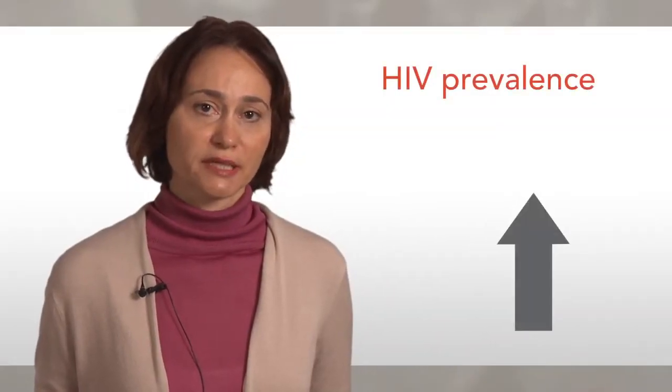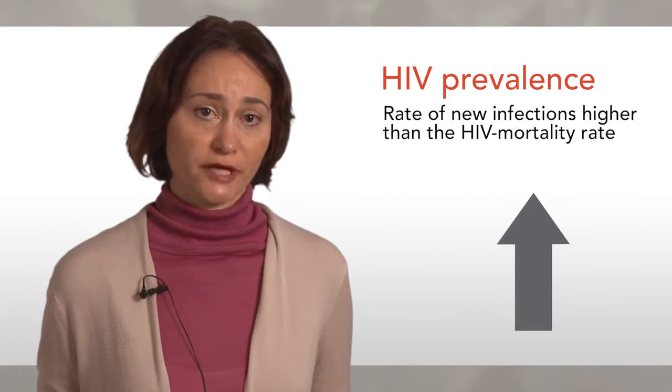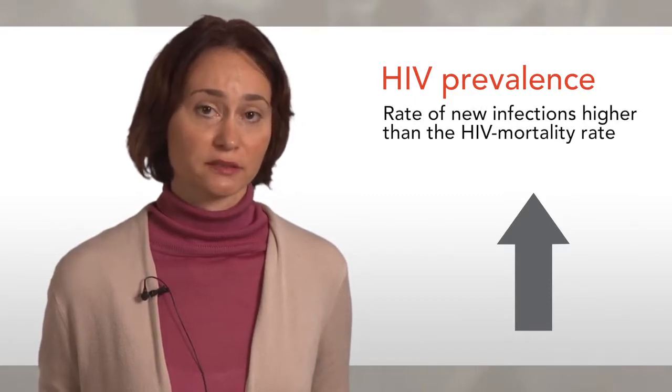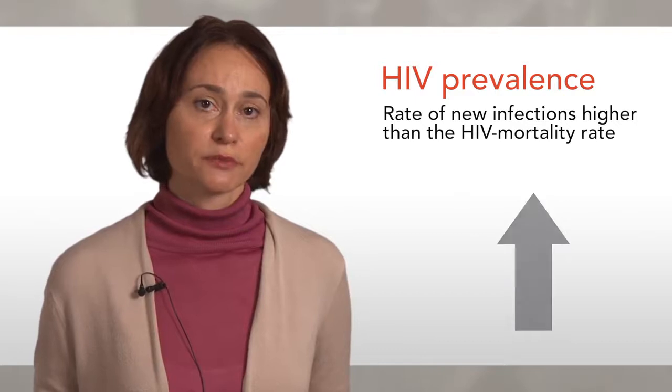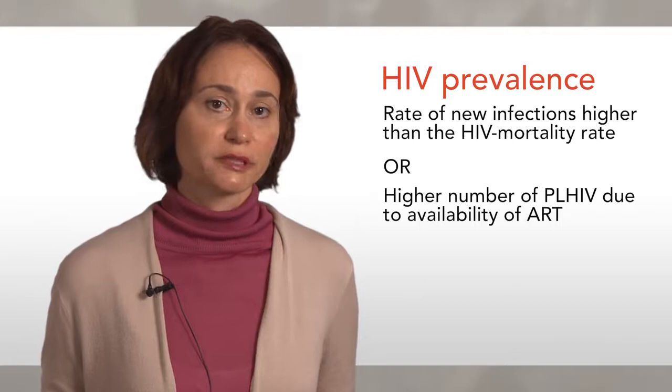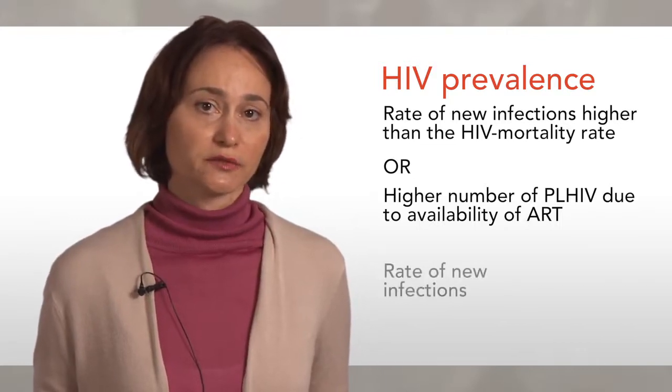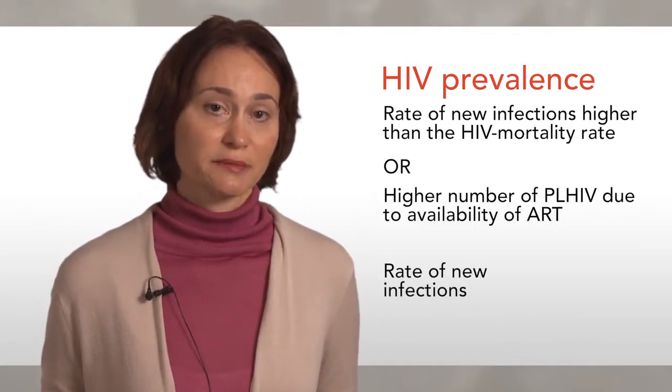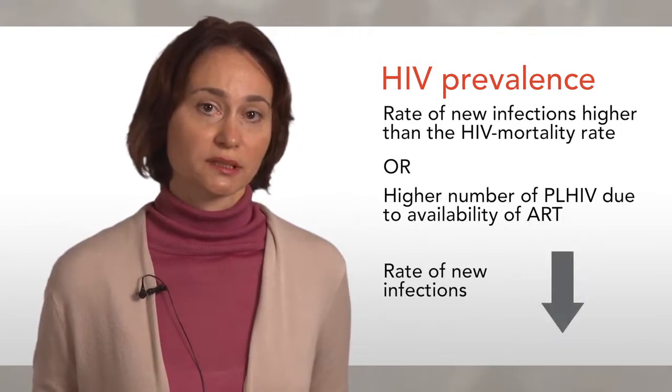However, when prevalence data are carefully analyzed by age, sex and cohort, they can be used to assess trends in underlying incidence, particularly in younger age groups. An increasing HIV prevalence might imply that the rate of new infections is higher than the HIV mortality rate. However, this can also be due to a higher number of people living with HIV due to availability of HIV treatment, while the rate of new infections might at the same time stabilize or be on the decline or on